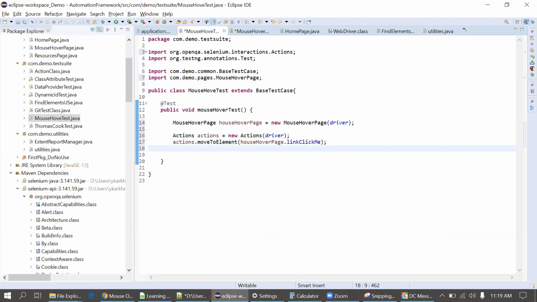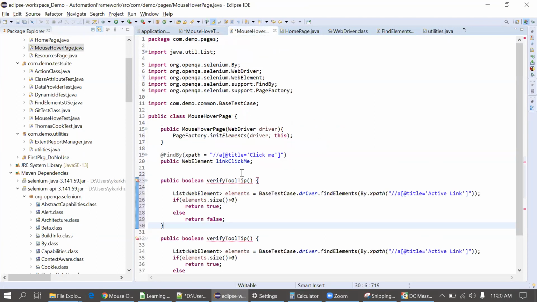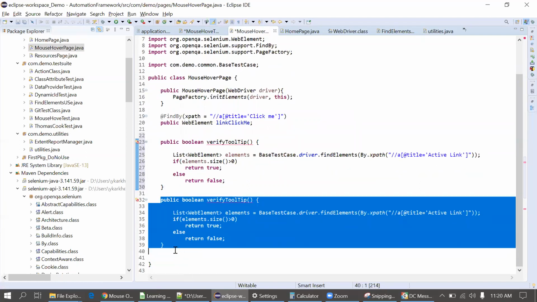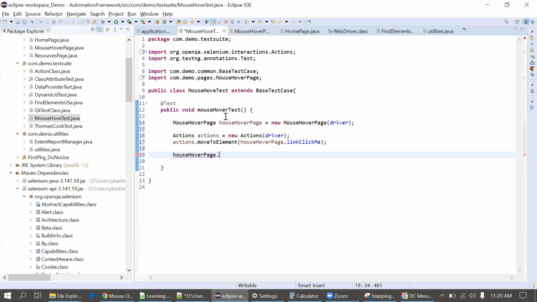After hovering the mouse, we have to verify that the tooltip is present or not. So for that, I'm calling that method from the mouse over page. What is the method name? I forgot that. Just delete this extra part. Verify tooltip. I'll call this method here.